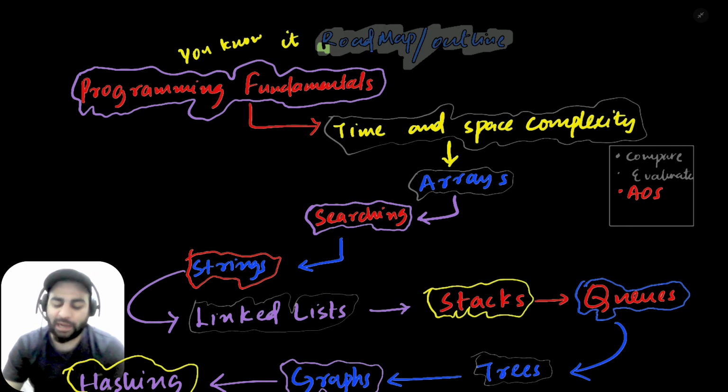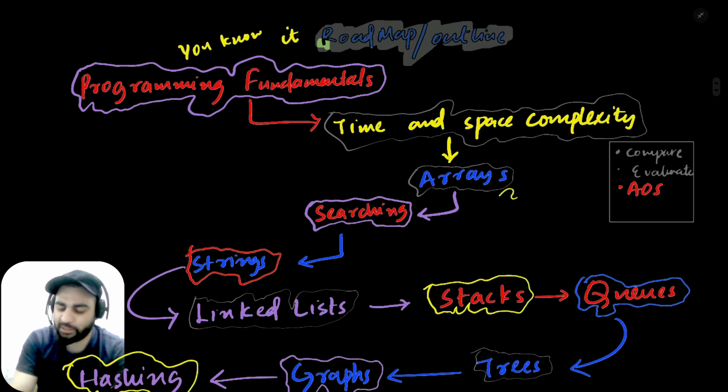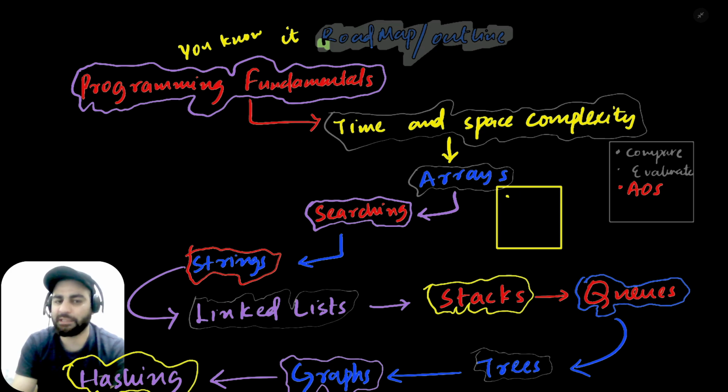Once you know at least two of these things, we'll move to arrays. Arrays are the basic data structures. We'll see what arrays are capable of and how to store data in them. This is really the basic thing. We'll see what 1D, 2D, and 3D arrays are, what arrays mean, and why we even study them. Then we'll see what dynamic arrays are. We'll see a lot of things about arrays because these are the foundations.